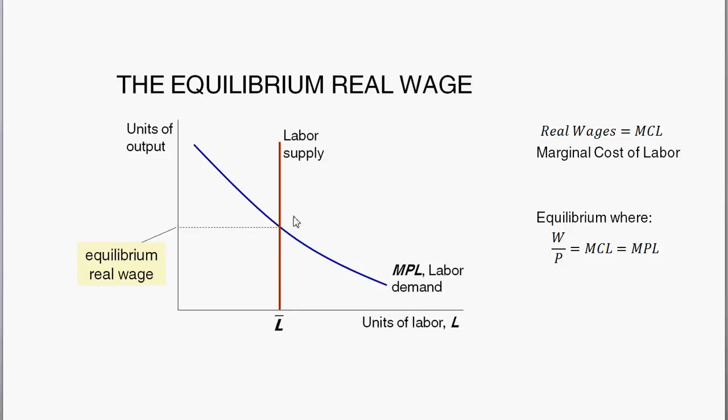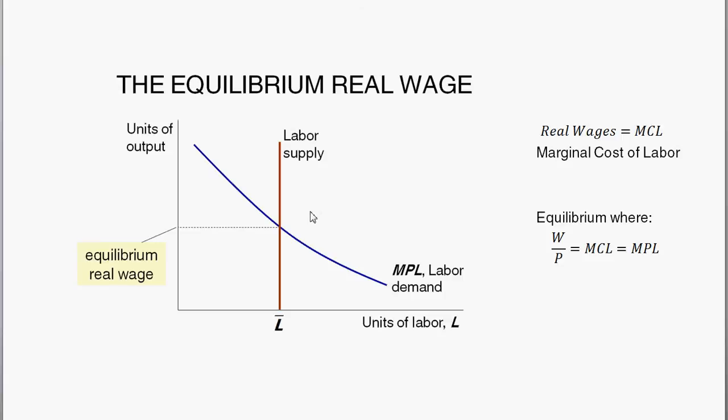So why is it going to be at this point? Well, first off, think about what real wages are. Real wages are the marginal cost of labor. So what's the additional cost of an additional unit of labor? Well, if you hire someone new, that additional cost is whatever you pay them, their wage. So the marginal cost of labor is the real wage. And so if you're a firm and you're looking at this potential hire, and you have some wage that you're going to pay them, are you willing to hire them, or are you not willing to hire them? Well, if the wage is less than the marginal product of labor, like how much value they add to you,